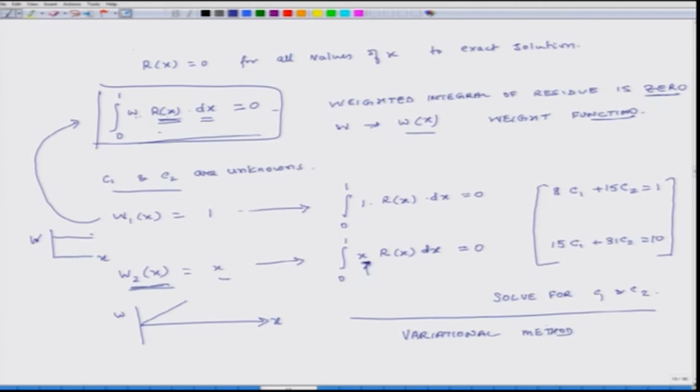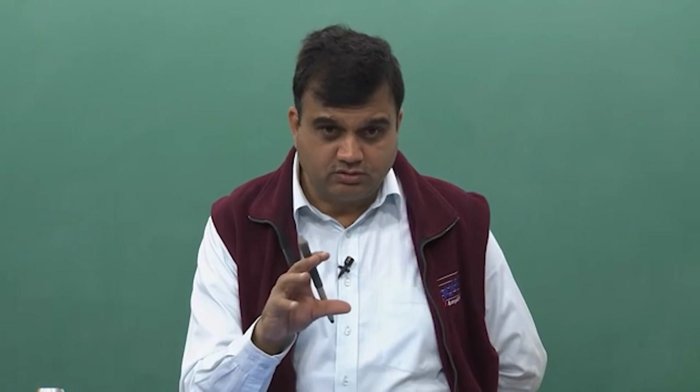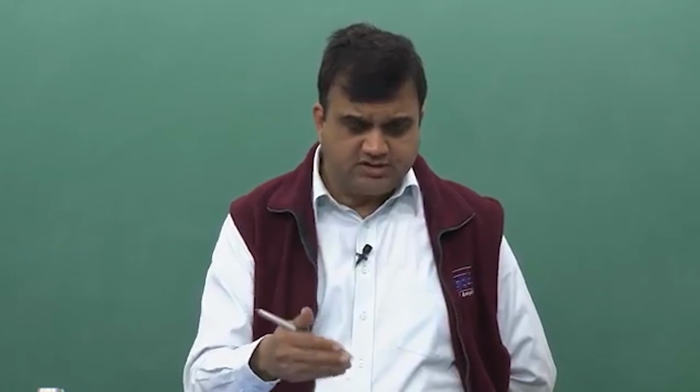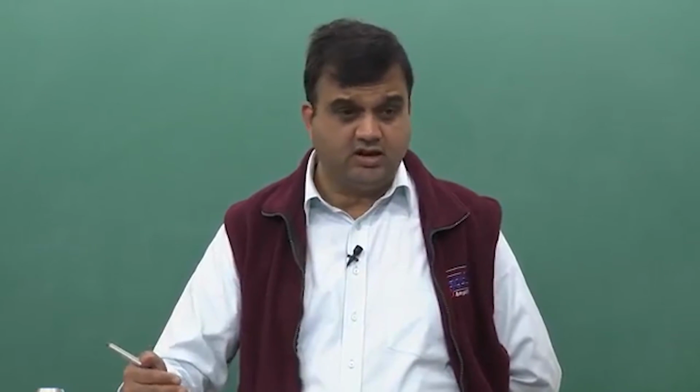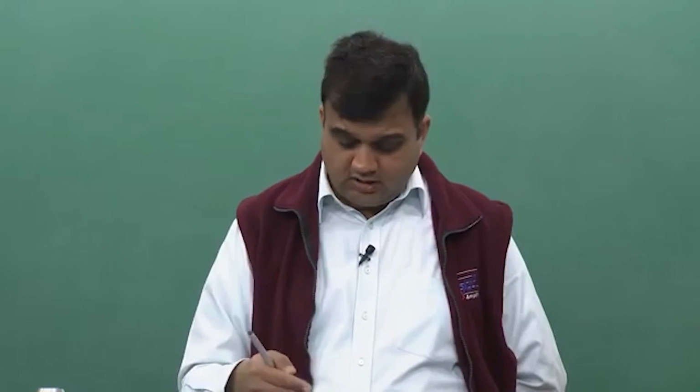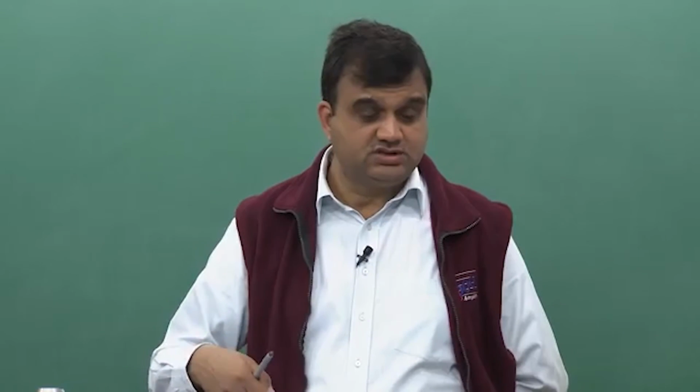A variational approach. Okay. Now, there are different variational approaches, and what they differ in is how you pick the weight functions, the choice of weight functions. But the overall method is the same: you find the residue, multiply it by a weight function, and in an integral sense, you make the error 0, not in a point by point sense. Then you apply different weight functions, so you get different equations. If you have n unknowns, you multiply it by n weight functions. There is a logical way of finding these weight functions, and then you get n unknowns and n equations.